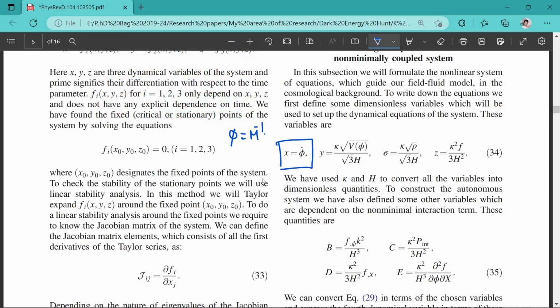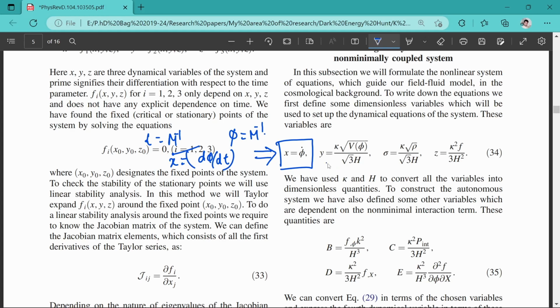First you have to define what is the dimension for each and every quantity, and now you have to construct what could be the dimensionless quantities in such a way that it must be a closed system. So the best thing we can do is that first define x is equal to phi dot. T has the mass inverse dimension, so d phi over dt will always be dimensionless. Therefore I have defined x is equal to phi dot.